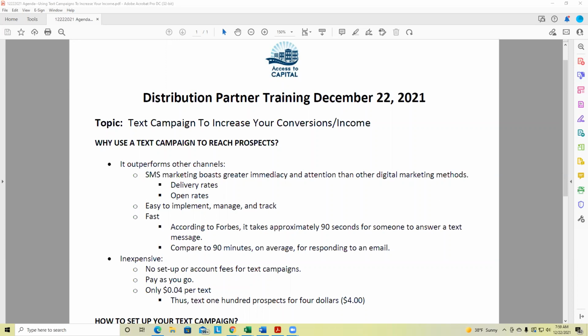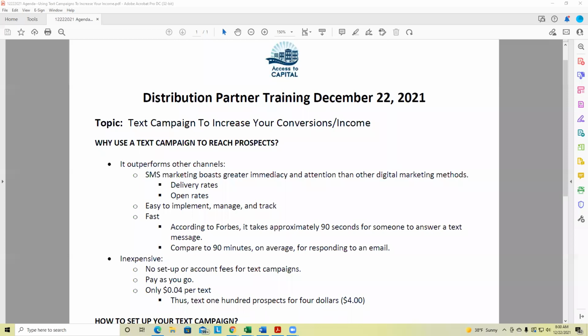I shared with each of you the agenda prior to today's Zoom, but we're going to expand on that some. There's a lot more to this topic than just what's on the page. So if you can, tune in here and we'll talk strategically about how powerful it can be to use text campaigns. Now, this page in today's topic was really oriented towards using text campaigns to help move leads into prospects.